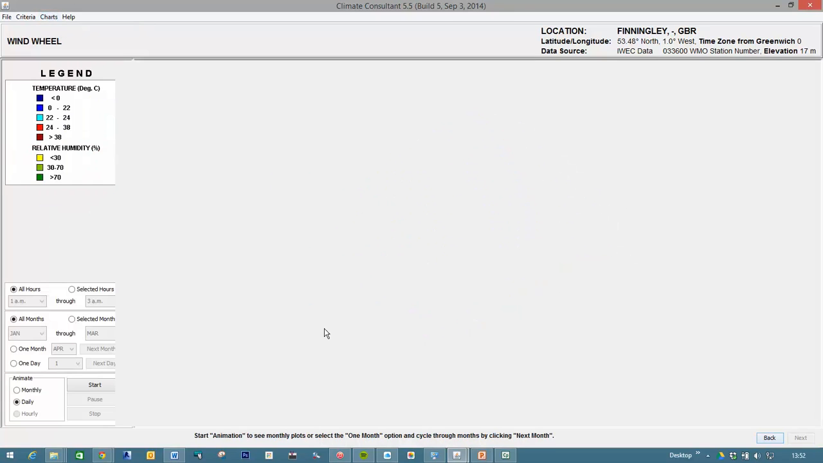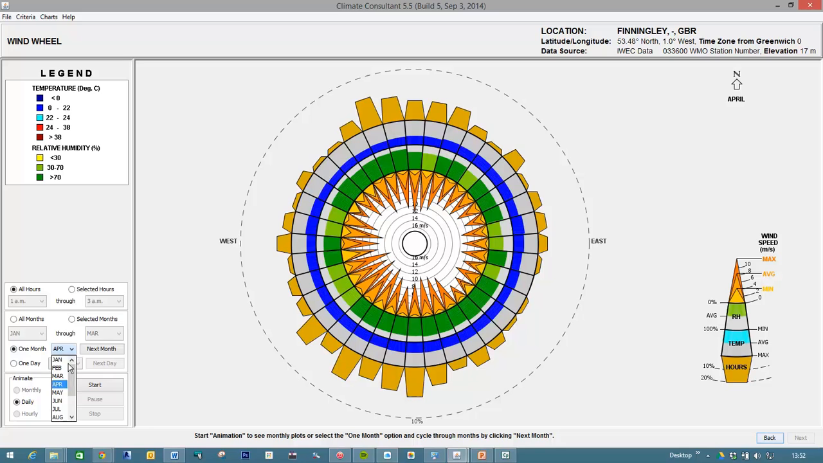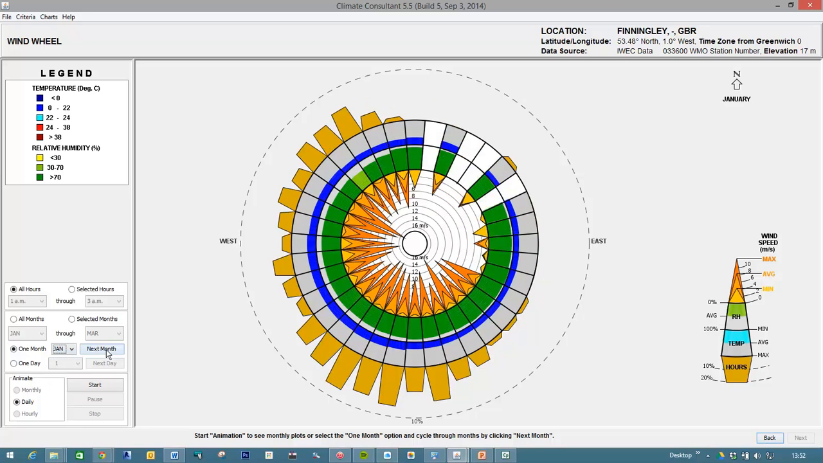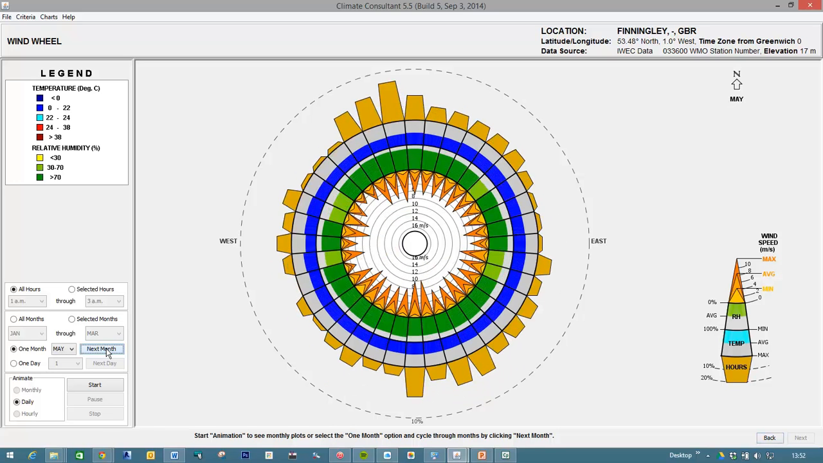If we just go back to the wind wheel, although they're calling it an animation here, there's no inbuilt facility to export that as a video file. But of course, what you could do very easily, I'll just go back here, is simply do a screenshot, move to the next month, screenshot, continue that. That'll give you a series of stills, which you can of course assemble in a video editor or in a sort of PowerPoint